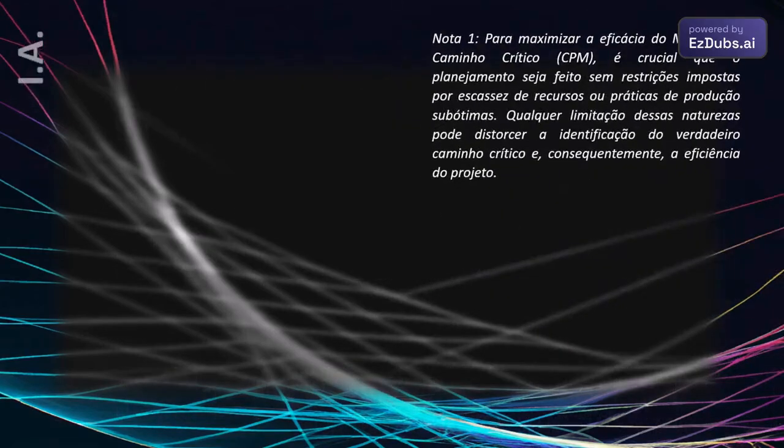Note 1. To maximize the effectiveness of the critical path method, it is crucial that planning is done without constraints imposed by resource scarcity or suboptimal production practices. Any limitation of these natures can distort the identification of the true critical path and, consequently, the efficiency of the